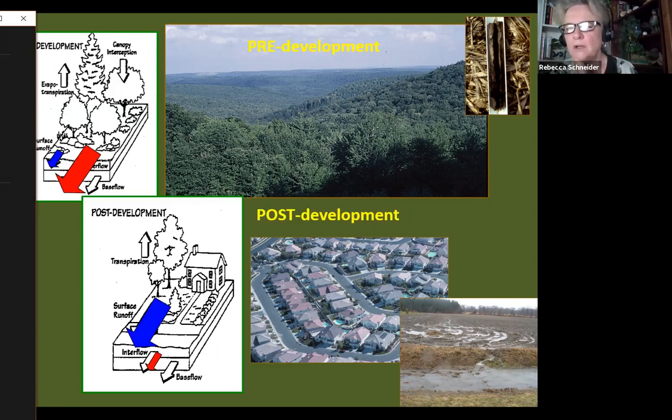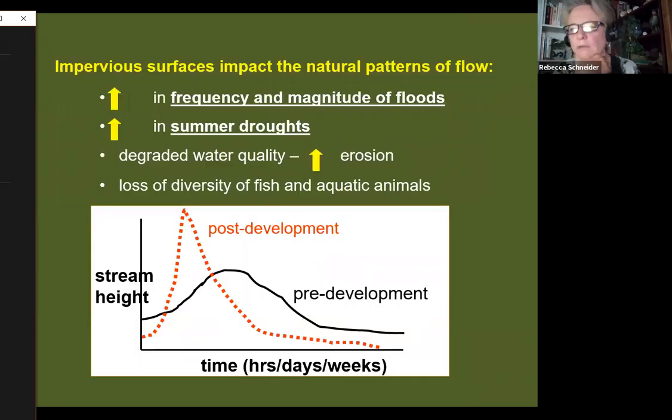The landscape prior to European colonization of the northeastern United States was basically all forested. It looked like that in the upper picture. And most of the rainwater and precipitation moved subsurface. There was relatively little runoff. And so groundwater moved slowly into streams. And in contrast, we took that whole landscape and we made it very hardened. We got rid of the trees, we got rid of vegetation, replaced it with parking lots and rooftops. And so most water now moves as runoff and very little goes as groundwater. And what that means is we have caused floods.